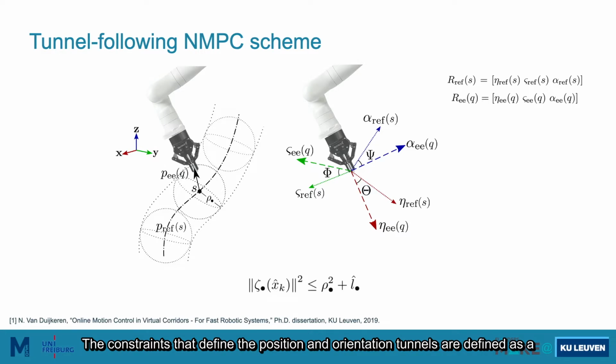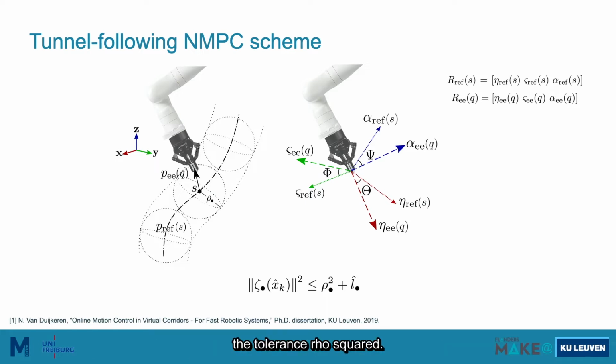The constraints that define the position and orientation tunnels are defined as a squared L2 norm of the corresponding error measure, which must be lower than the tolerance ρ squared. This constraint is relaxed by means of a slack variable. These constraints are part of the nonlinear program of the tunnel-following scheme, which has functions in the objective and constraints